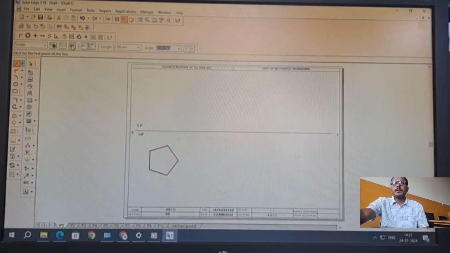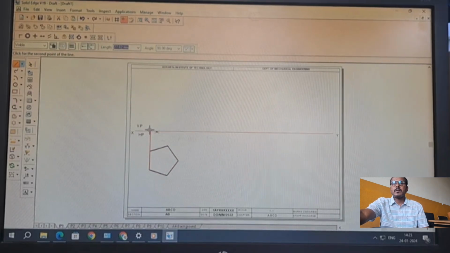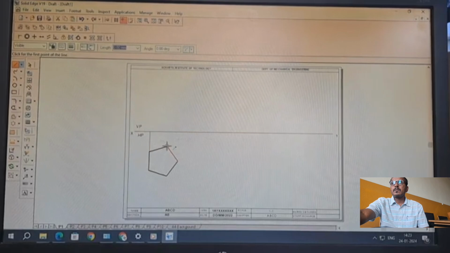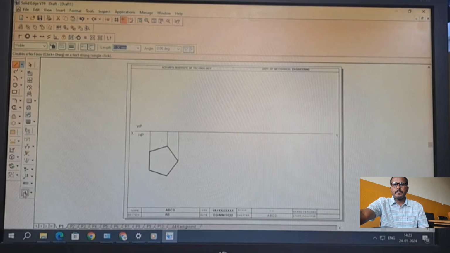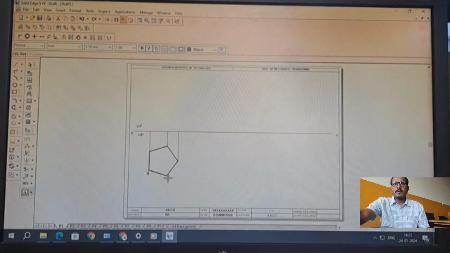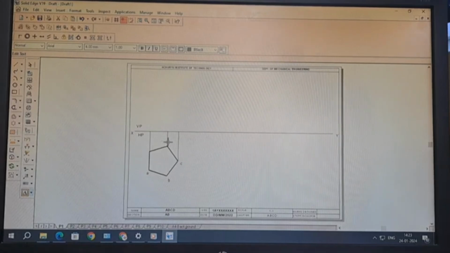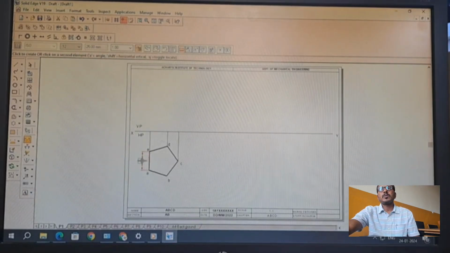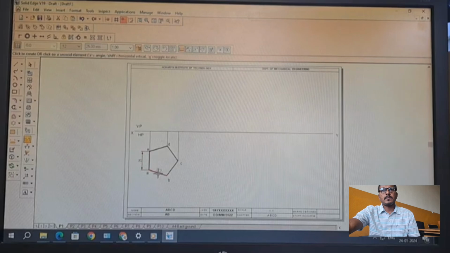Go to the line and take a projection line. Go to the text command and give the notation A, B, this is C, this is D, this is E, and check whether the given dimension is there or not.